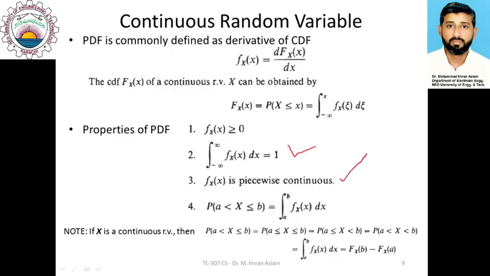Third, f(x) is a piecewise continuous function. It should be a continuous function, so it has values at all possible points. Fourth, if we want to find the probability in any range, this probability is calculated by integrating the PDF in that particular range from A to B. However, at this stage,